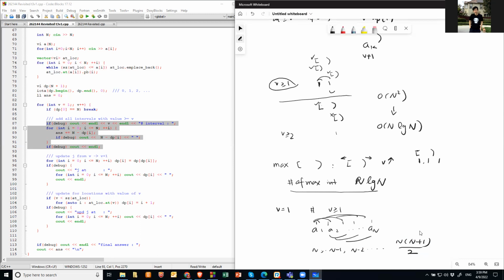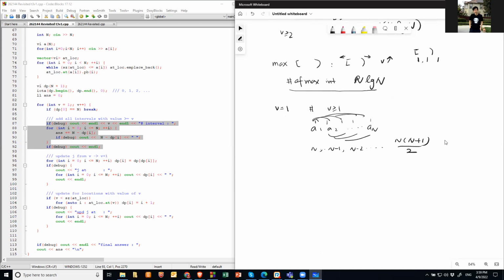That's my starting point, okay? So then from v equal 1 to v equal 2, right? Basically from v to v plus 1, how many I have is, let's call it my count, okay? Count at 1, right? So what's my count at 2? Count at 2 is my count of 1